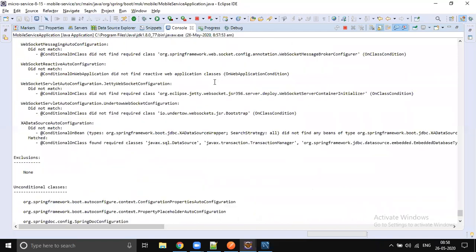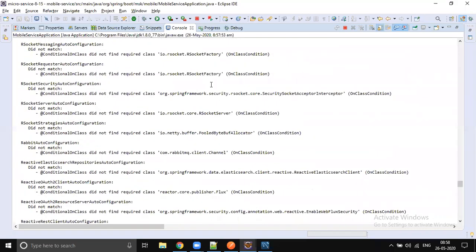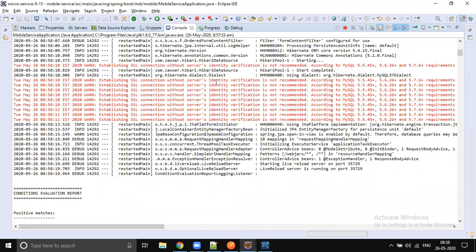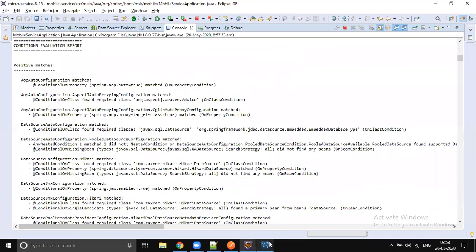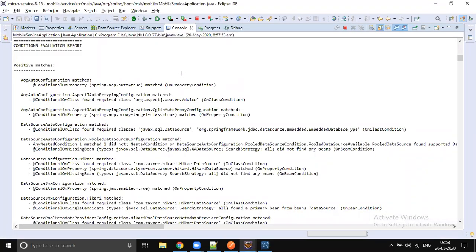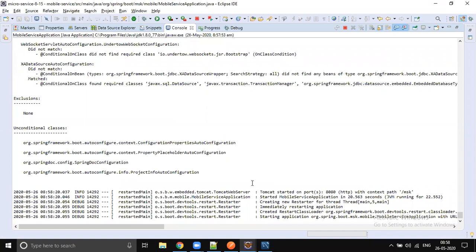Let's go to the database and refresh the schema. Check. The table is not created, so somehow our configuration is not working, but it started, right? It's connected to the database and it started.